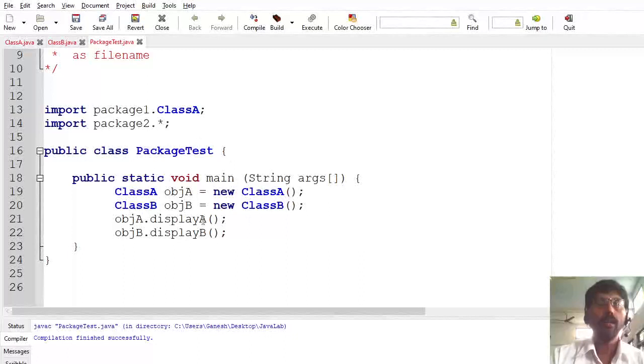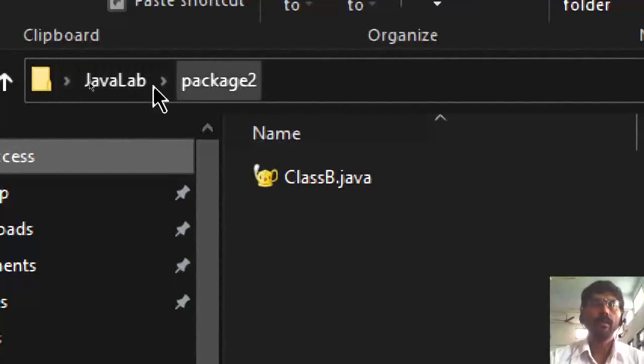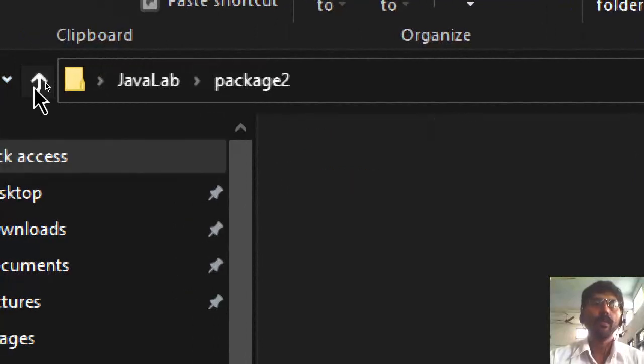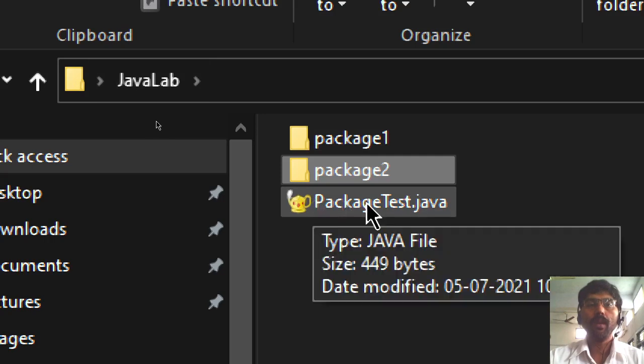My main class is stored in a folder called JavaLab. Now see, I have created one folder called Java Lab. In that folder, I have created the main class file called PackageTest.java.